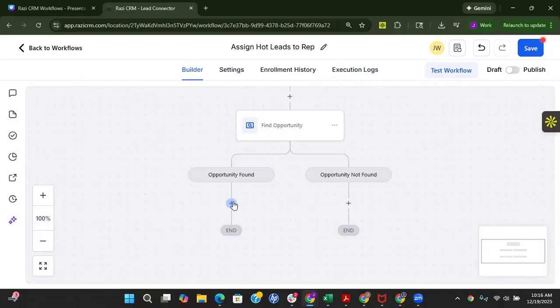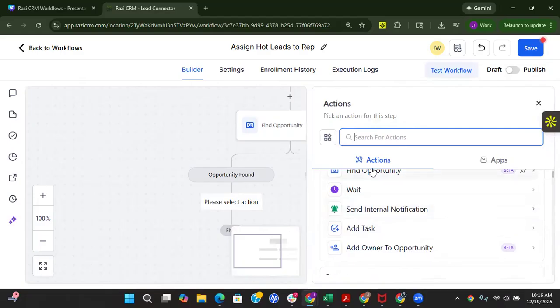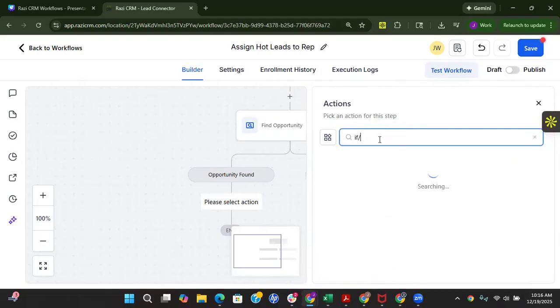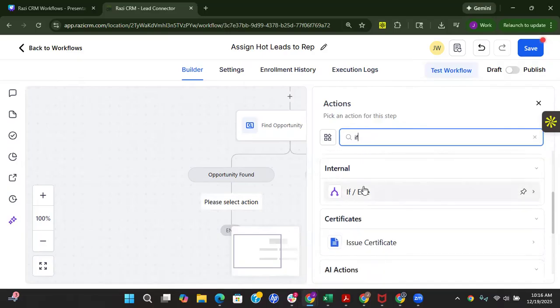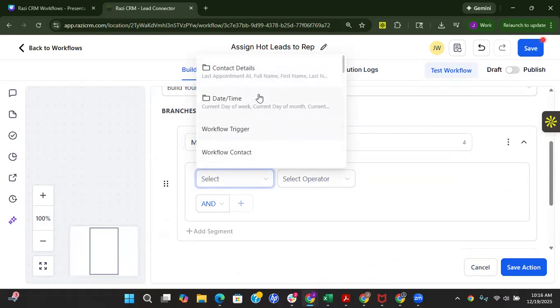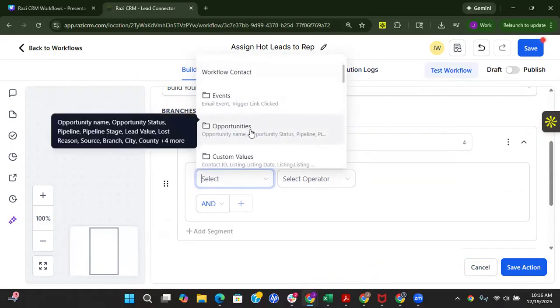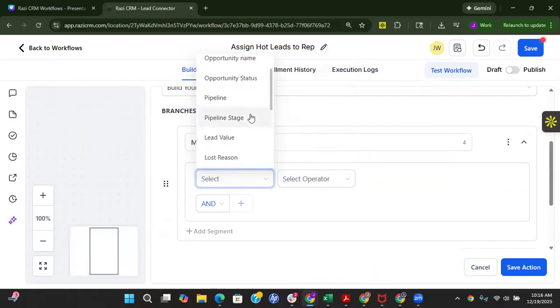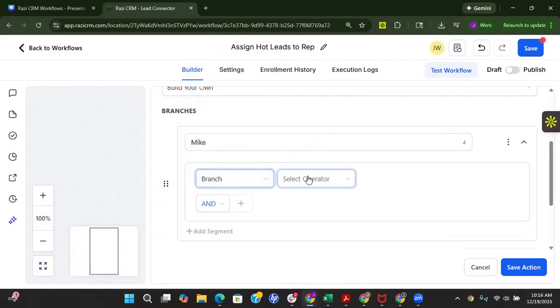If an opportunity is found, our next step is what we call an if, else. And this is essentially a condition. And our condition is Mike handles sales for Franklin County. So we're going to create a branch for Mike. And this is where you select where the system is going to look for that piece of data, which is in the opportunities section. And specifically, it's the branch. And we want to know when the branch is Franklin County,